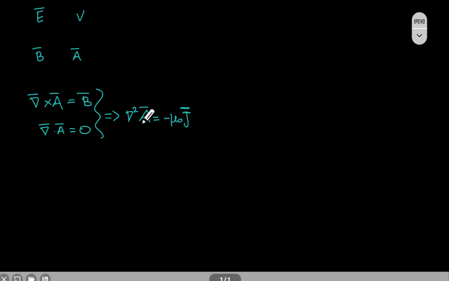Now, this is a vector equation. You have x, y, z components on the left side, x, y, z components on the right side. If we assume that the current density goes to 0 at infinity, we have the constant mu naught over 4 pi over the volume integral,